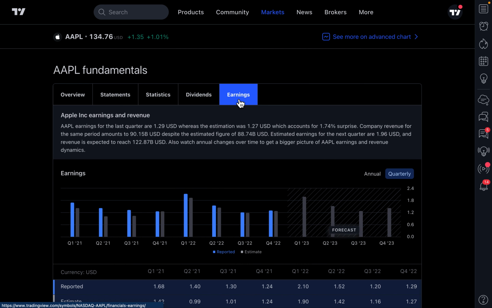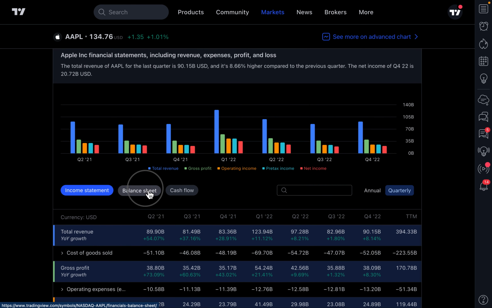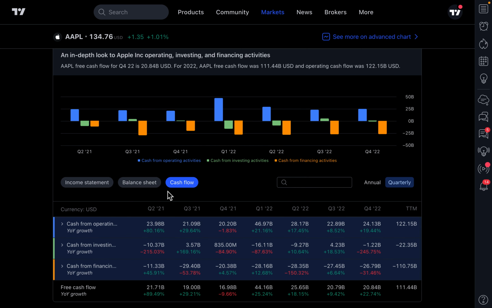Now, if we click earnings, we all know how important earnings is to a company. After all, you wouldn't have these financial statements. You wouldn't have an income statement. A company potentially wouldn't even have a balance sheet if they're not a real business generating some form of income at some point. And of course, the cash flow is also key to understanding. The company has to have some money coming in the door, or the cash flow will be quite negative, if